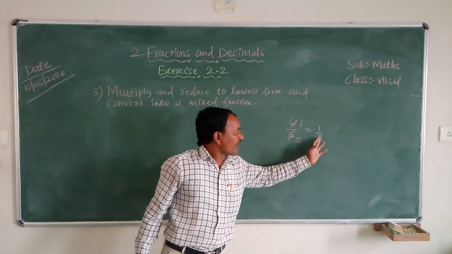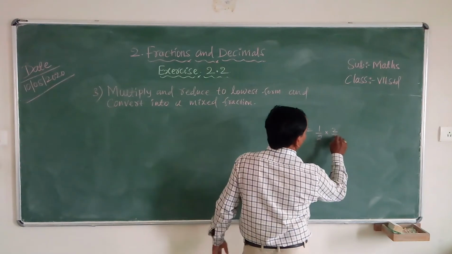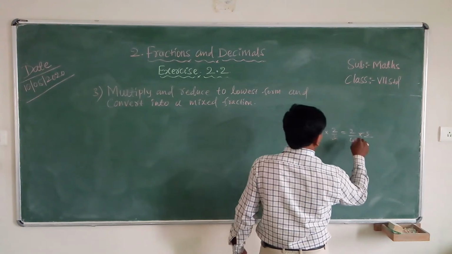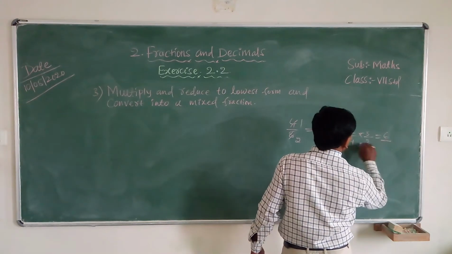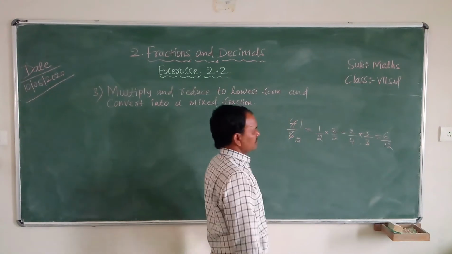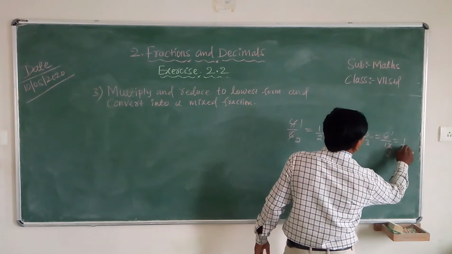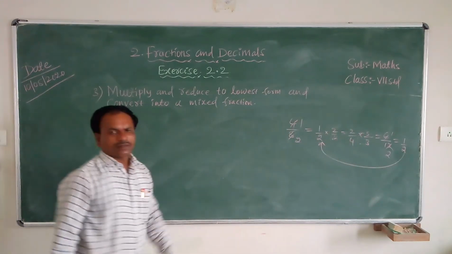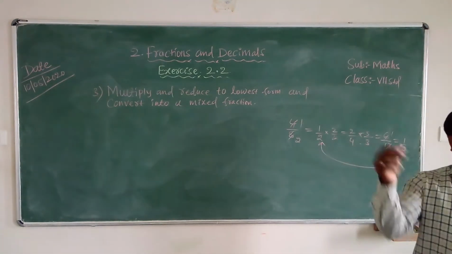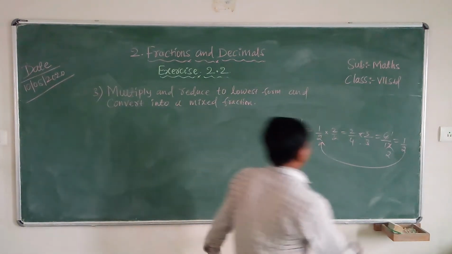And you have to write the equivalent fraction. How to write it? 2 by 2 is equal to 2 1s are 2, 2 2s are 4, and 3 by 3 is equal to 2 3s are 6 divided by 4 3s are 12. Am I right? So write this equivalent fraction. So I have to reduce to lowest form. 6 1s are 6, 6 2s are 12, is equal to 1 by 2. Answer 1 by 2. Reduce means cancel the numbers. The same tables will come inside. So this is an example.